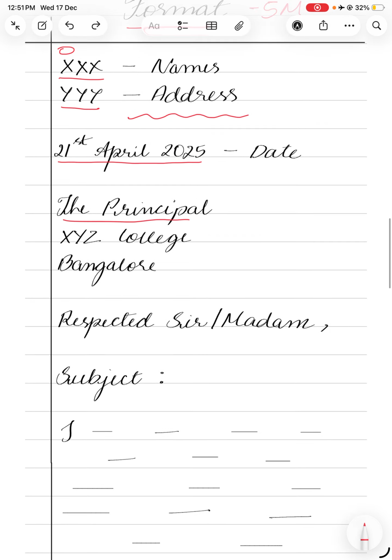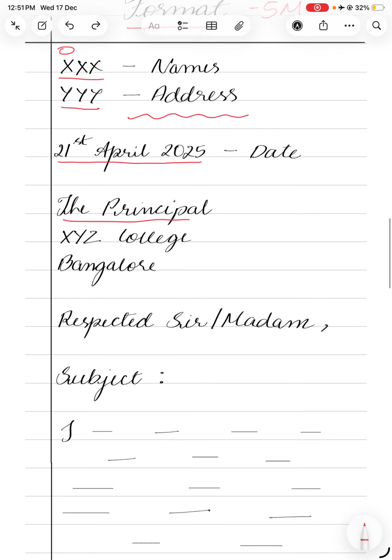Make sure it is short but not too short, and it must contain all of the necessary information. Alright, so after writing the body of the letter, you write thank you and then you put a full stop here. Full stop again becomes absolutely important. You are not supposed to forget the full stop here and the comma here. Both of these punctuations are very important. And then you will write yours faithfully, and then you're going to put a signature, and after the signature, in the bracket you will write the name that you have mentioned before.